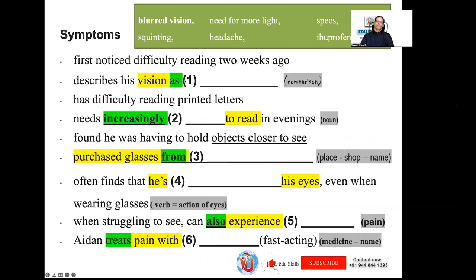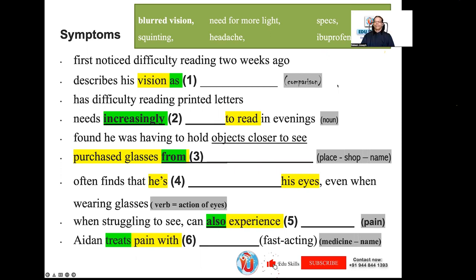Need more light. Okay. Third one, pharmacy. Yeah, pharmacy. We did not write that. Next one, he is dash. Squinting. Okay. Experience. Also experience headache. Headache. And treats with